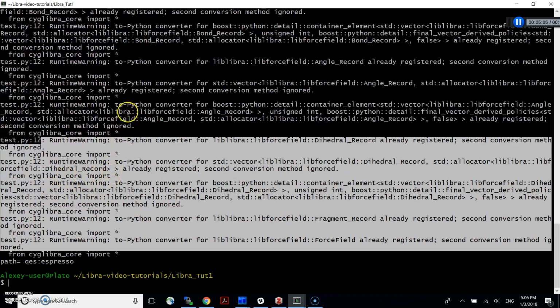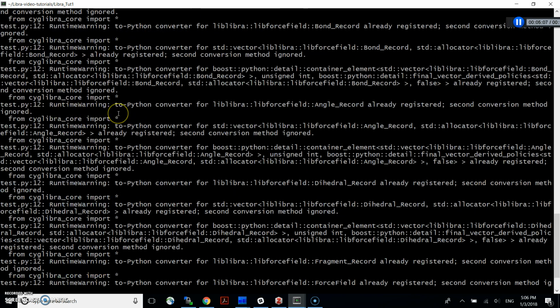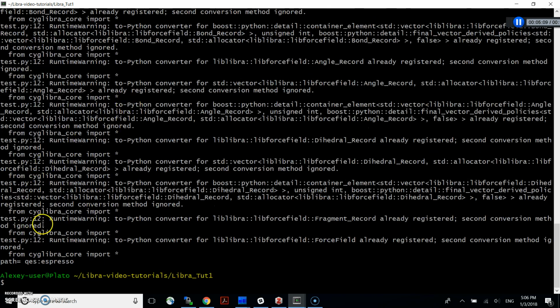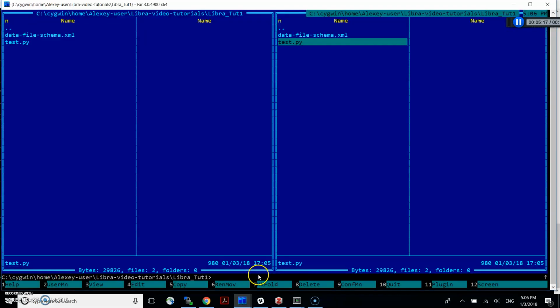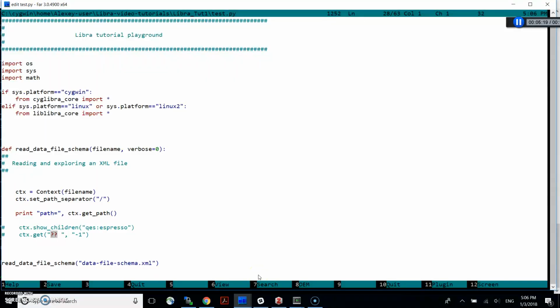It's okay. You will often see this sort of output, but it's not a problem. So now you can see this path is quantum-espresso, which is the path of the topmost level in our XML nesting. So now we can use this information and show the children or the sub-levels of this